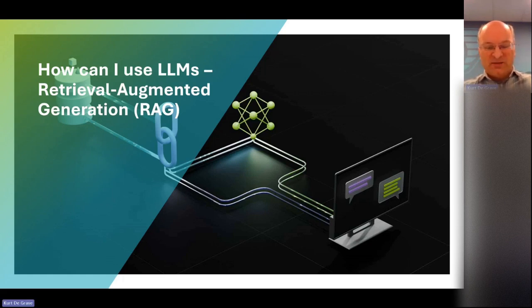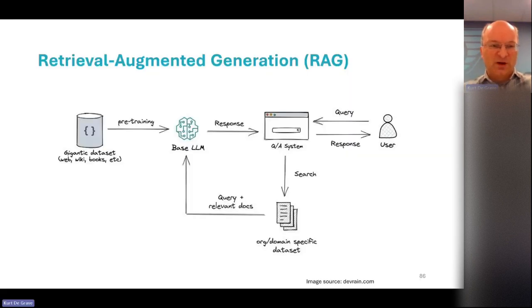Okay, so this RAG that I mentioned already a few times, what is this exactly? In general, you have an LLM pre-trained with the entire internet, if you can. So a very large data set. But then you usually also have specific documents that are not public or not on the internet. Or you just want the model to pay more attention to specific sets of documents, even if they are on the internet, because you know that they are relevant to your question.